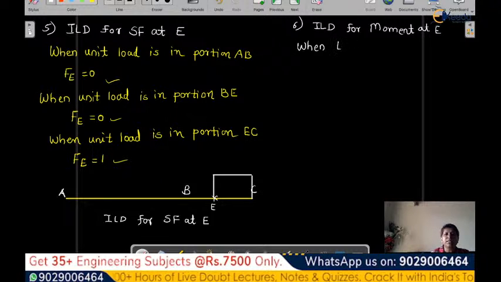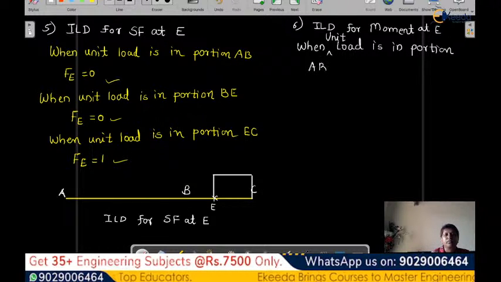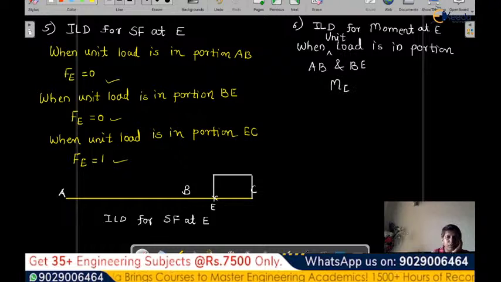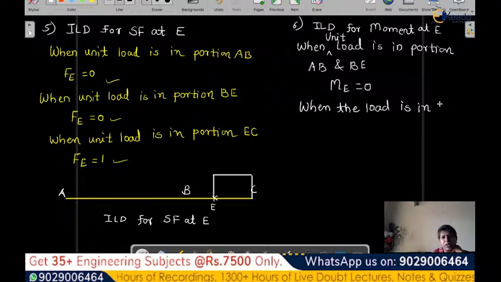Similarly, when the unit load is in portion AB and BE, it will not create any moment. It will not be a cause or reason for the moment at E, so that will be 0. When the load is in portion EC,